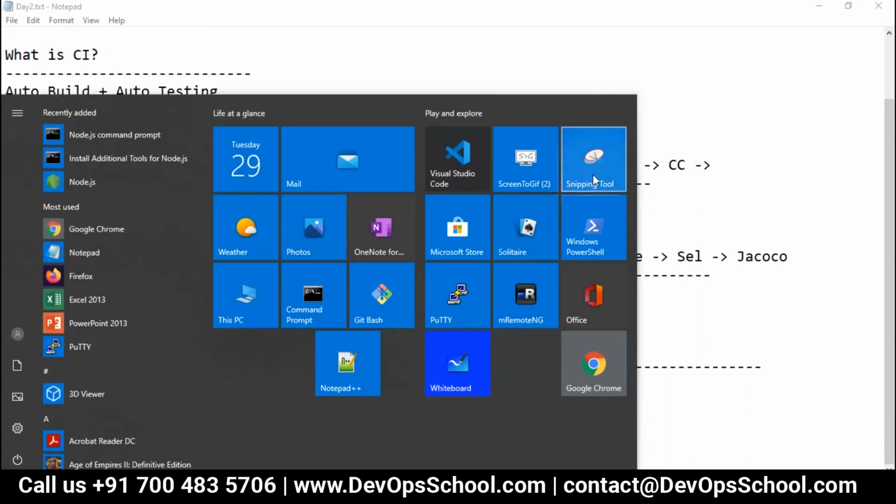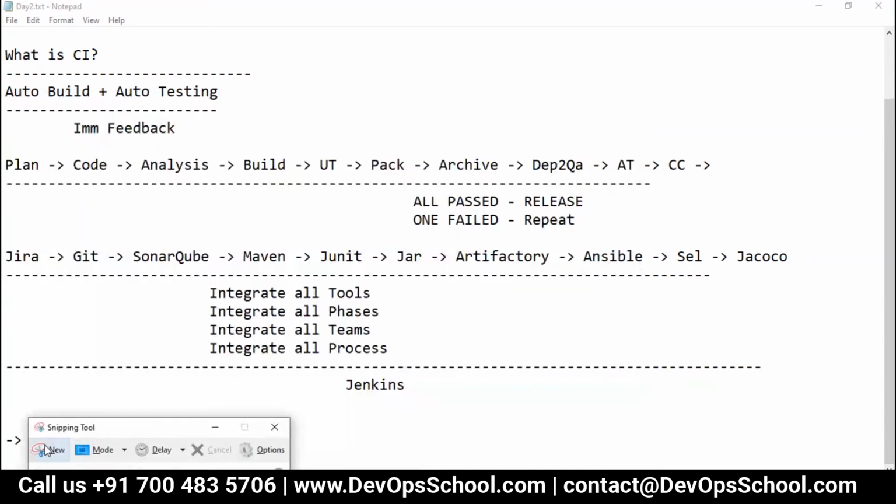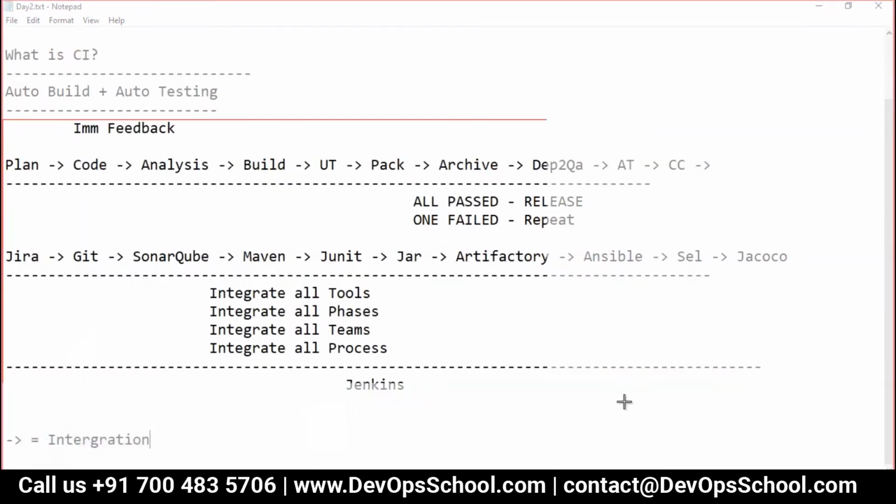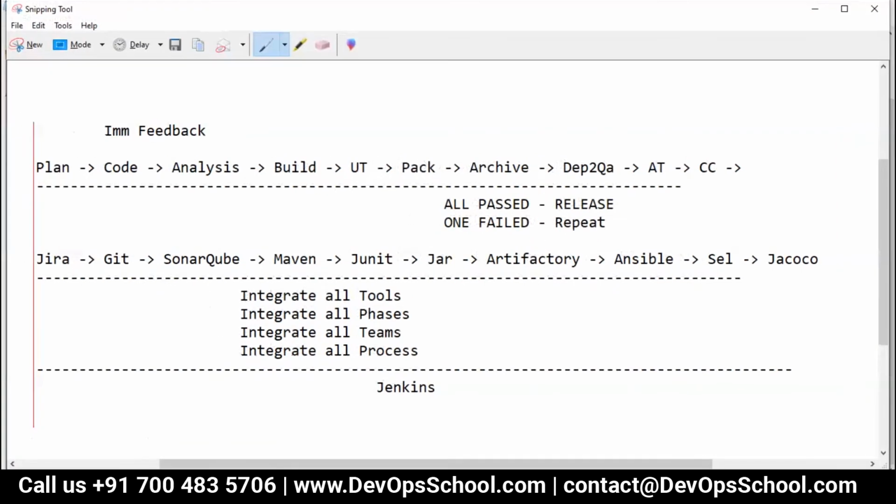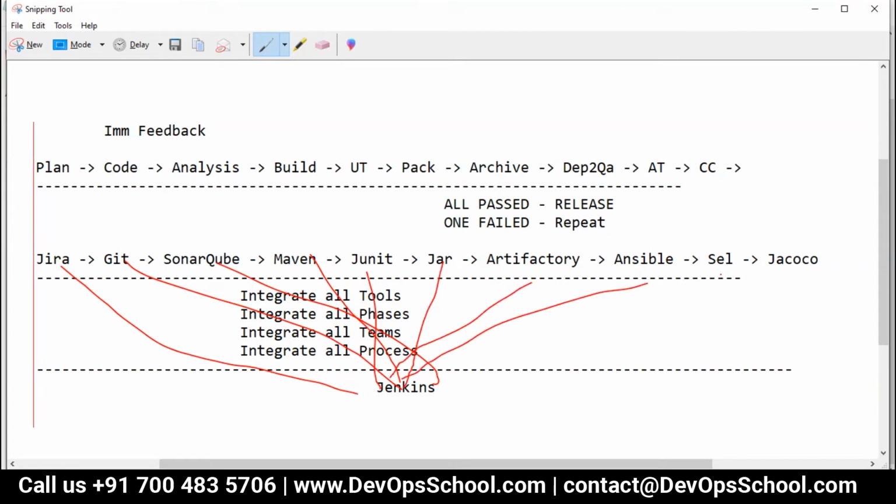So why do we call Jenkins a CI tool? Because this platform, the one we are using, lets you integrate all the tools at one platform. You can say it's like a framework giving you so much functionality. If you integrate all the tools, you are integrating the phases themselves, correct?